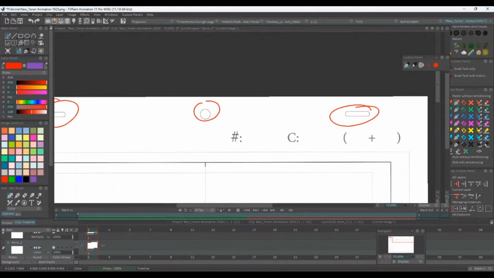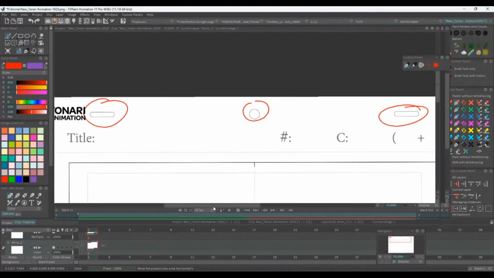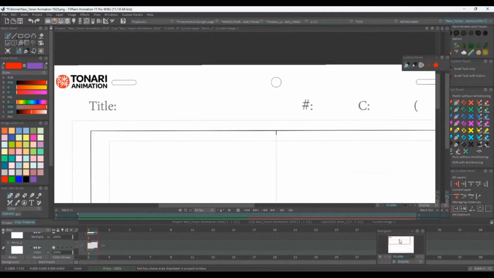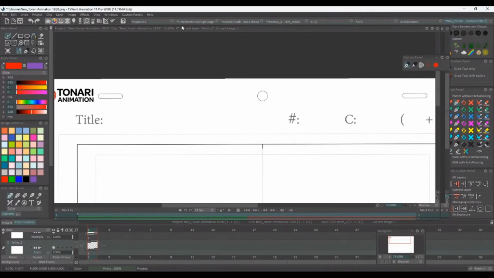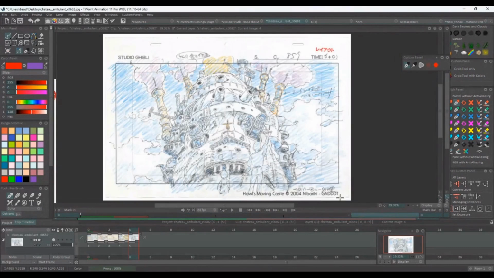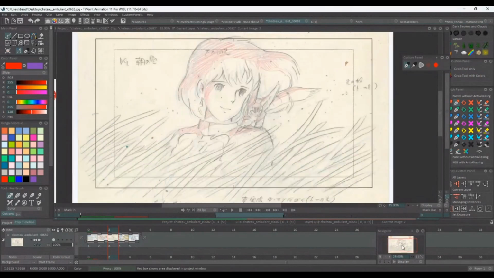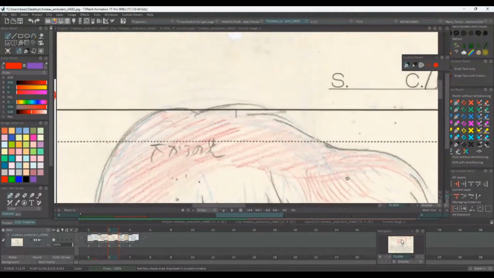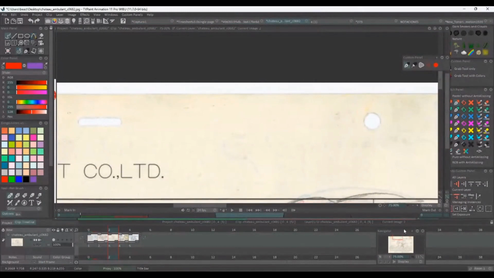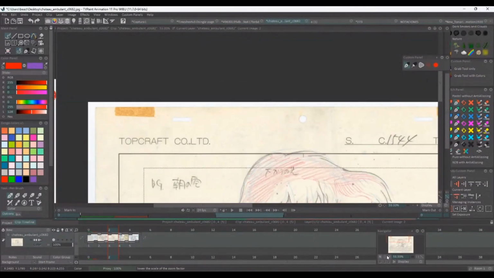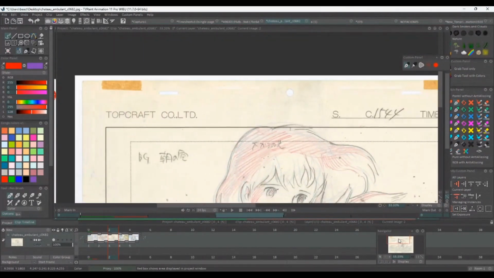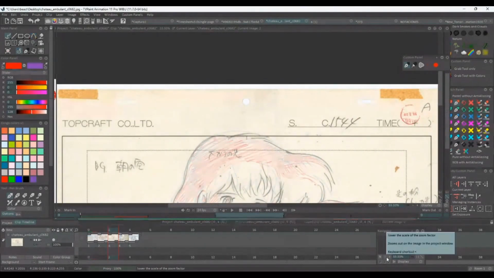These are basically digital peg holes. A peg hole is something you use when you animate on paper. I think you can see them here. You see that these are actual holes in the paper, and you use it to, it's technically called a register, but it's so that your layers don't get spread around and everything is in the same place all the time. And you still need that digitally. So